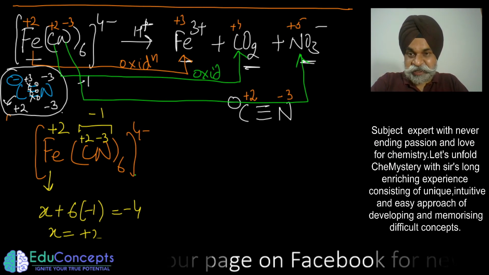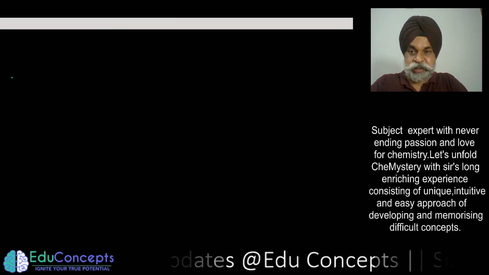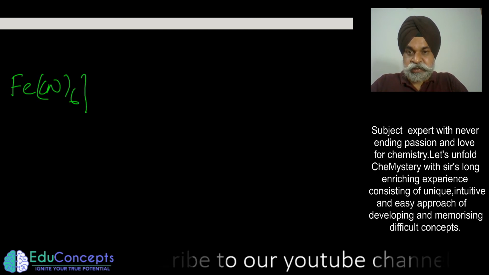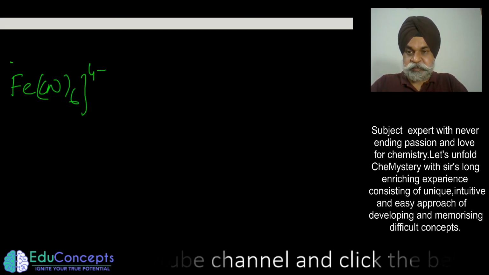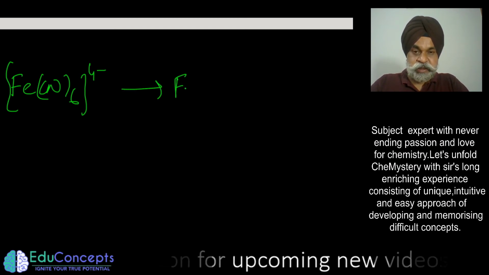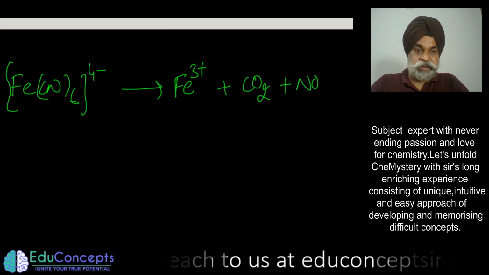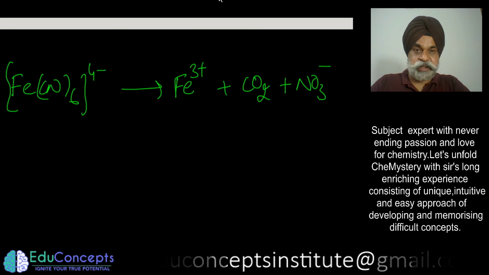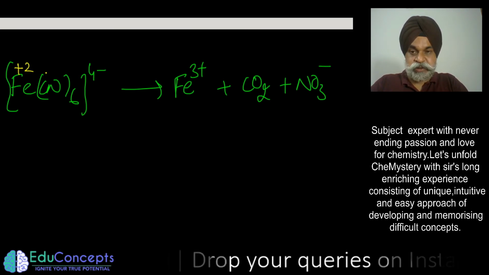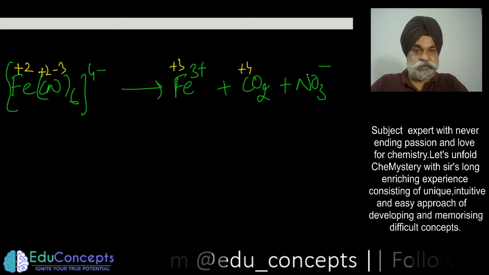Things have become a little chaotic today. Let me show it once again a little neatly, and because the reaction is a little lengthy, I should write it once again. Now the question is which way you want to go. One way is that you don't want the balancing part. Whichever way you want to go, you need to have this good understanding, and you may adopt either. So plus 2, plus 2, minus 3, plus 3, plus 4, plus 5.